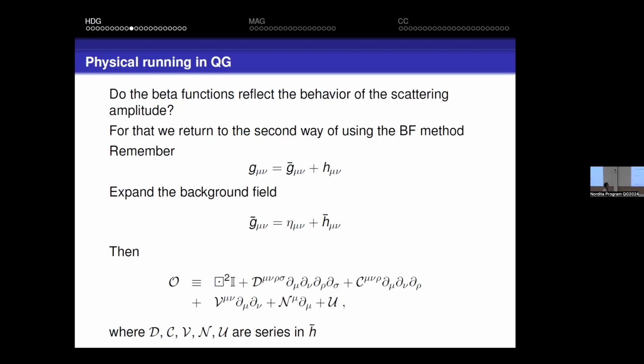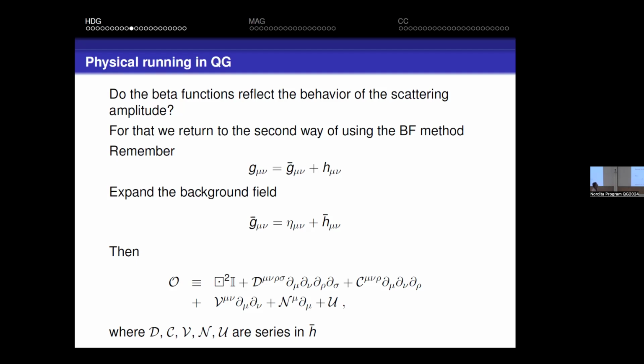G as G bar plus H, and next we are going to write G bar as flat metric plus H bar. So the quantum field is really H, and H bar is the background, basically. It's a fluctuation of a background. It's a bit of an oxymoron, perhaps, but the background is just a flat plus some field H bar. So when you do that, then the operator becomes the flat Laplacian, and then terms with 4, 3, 2, 1, and 0 derivatives. Now, ordinary derivatives now.